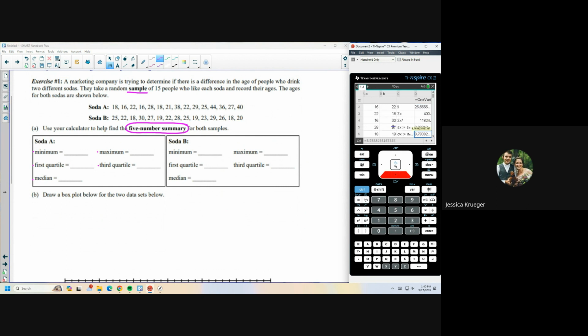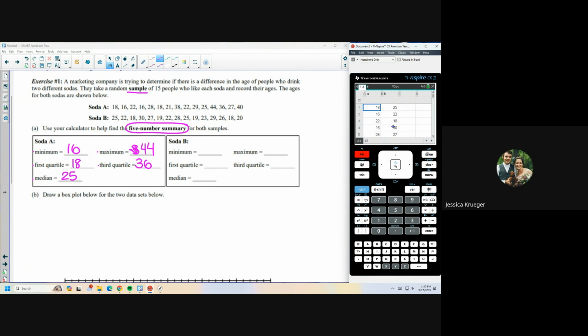So I'm going to go ahead and scroll down. There's my minimum, 16. There's Q1, which is 18. My median is 25. My maximum, oh no, Q3 is 36. Oops. Make sure you put these in the right spot. And then the maximum is 44. I think the way they've laid that out is a little confusing. Okay. Once I record that, I'm going to click Control